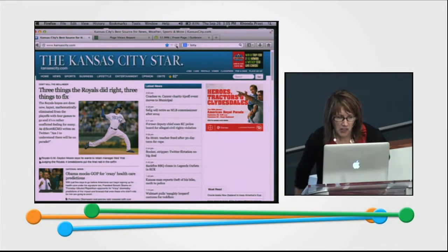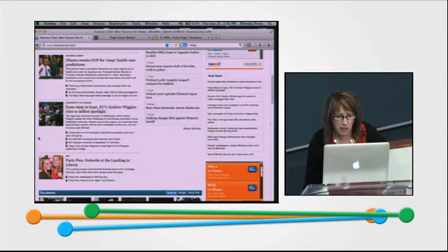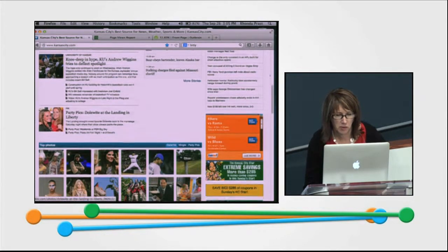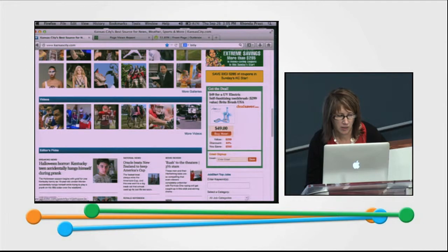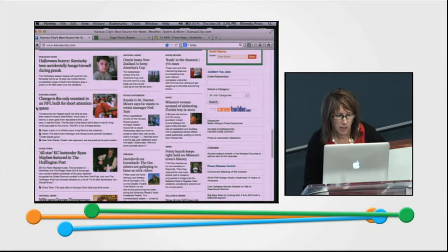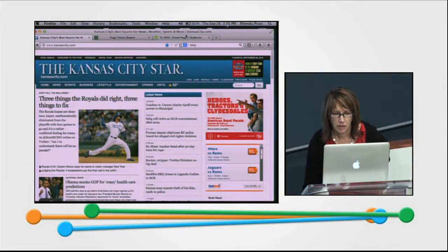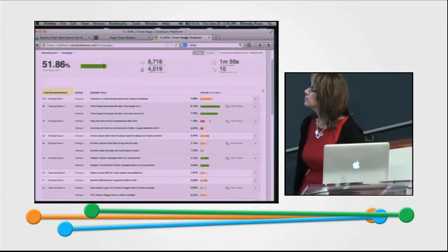Yep. So we have a Royals column, we have Obama, we have Andrew Wiggins. I knew that a story like that would probably do really well on the front because there's the teen who hung himself. And we've got some more, our sports content always does really well. So if you go back to the platform, just as a closing remark, given that you just redesigned,